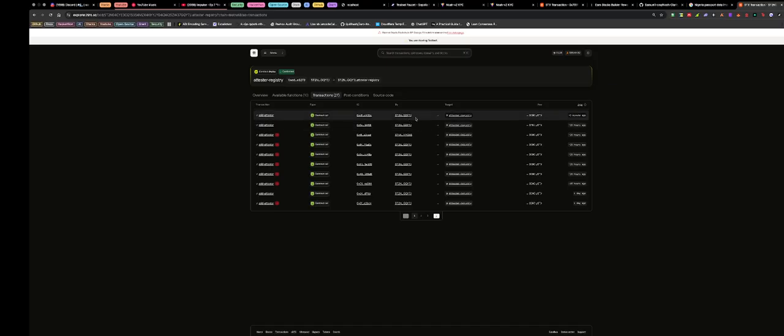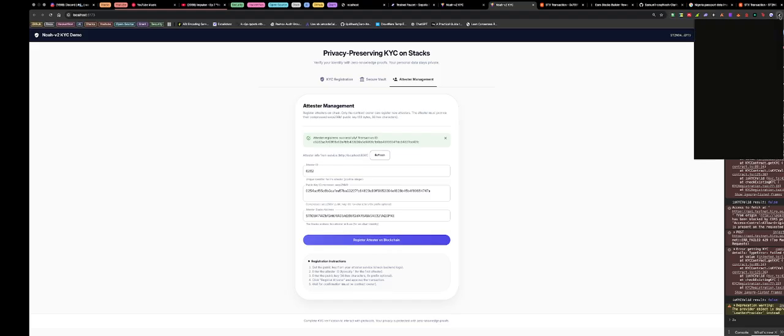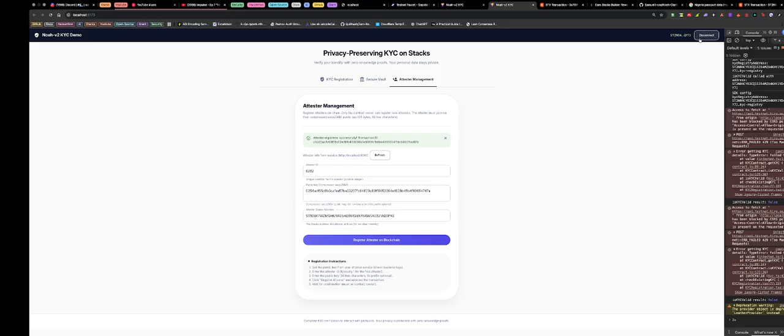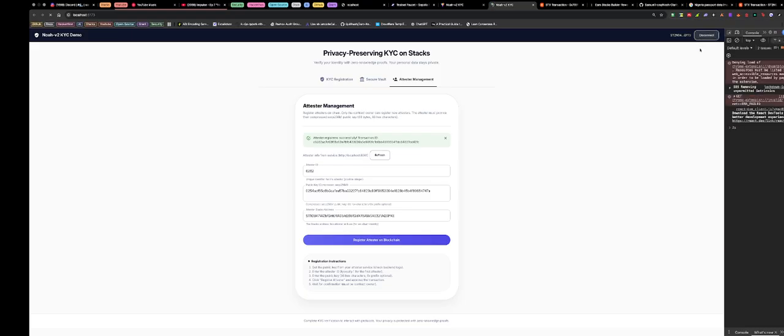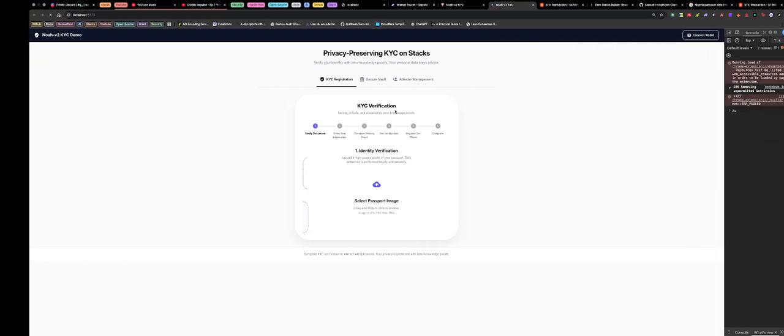Then we come up, and we need to switch accounts again, because we need to switch to user 8. What we need to do is to disconnect here, then connect back. We're connecting to account 8. So when we do that,